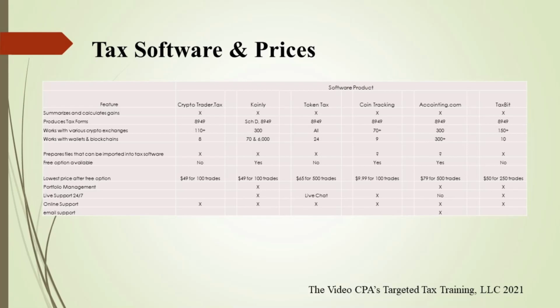Koinly had all those wallets in it. All right, Accointing had the wallets, but it did not deal with the crypto coins in some situations. So with Koinly, I own 3 crypto coins that Koinly had in it, but Accointing did not. Okay, and then I could not bring one of my exchanges in. I was having problems bringing one of my exchanges into both Koinly and Accointing, and so I put in